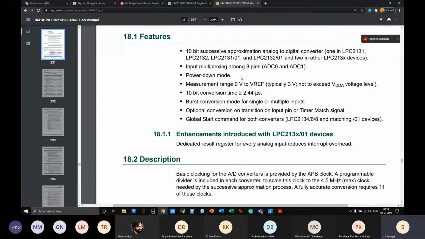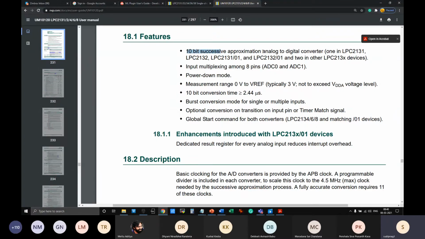So coming to this ADC, it offers 10-bit resolution and basically the type of ADC is successive approximation register, SAR ADC. If you have studied SAR ADC in other subjects like analog or any other subject, you can come to know that there are different types of ADC like delta sigma, successive approximation register, then flash ADC, and there are other types of ADC. So this is SAR ADC, successive approximation register ADC, having 10-bit resolution.